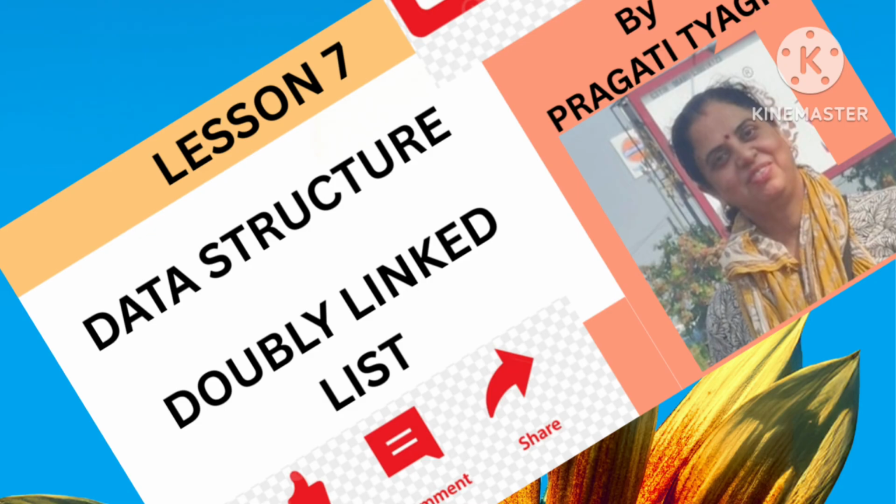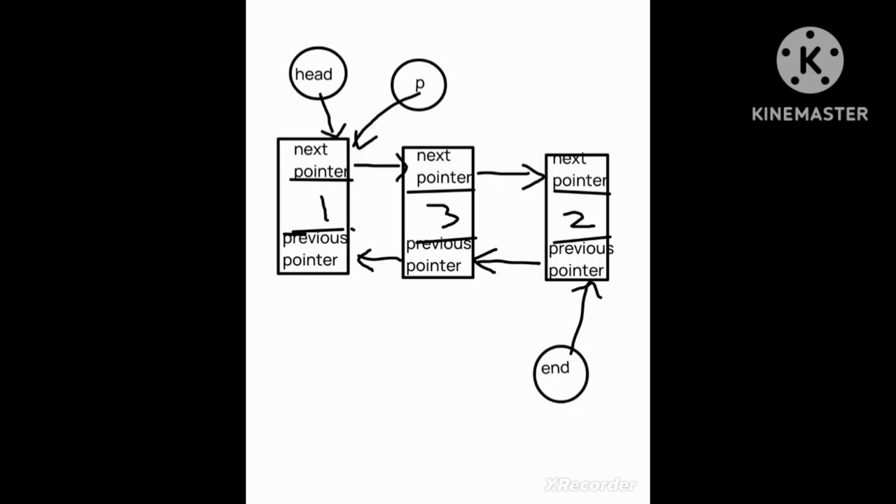Now let us understand diagrammatically the concept of deletion operation in doubly linked list. So here is the diagram. Now in this diagram we are having the three nodes having the value 1, 3 and 2. Now let the second node, that is having the value 3, be deleted. So we will first traverse our list to one node prior, that is the node number 1, and then we will link the next pointer of p to next of next, and simultaneously we will link the previous pointer of next of next to the previous of p,